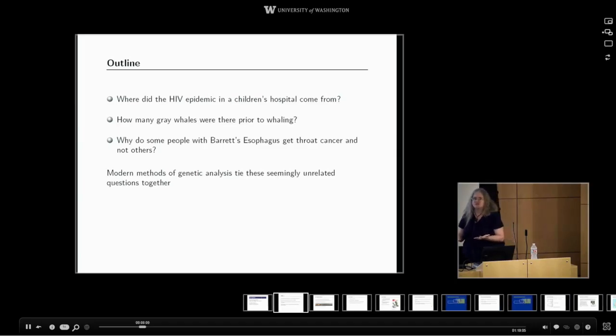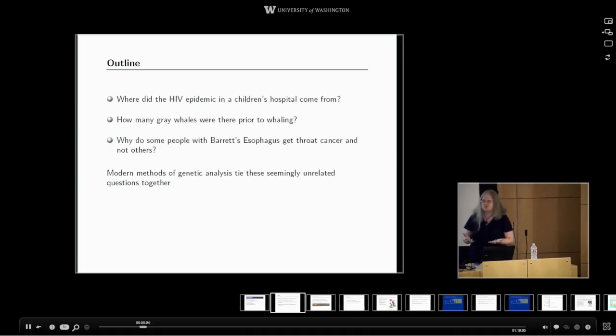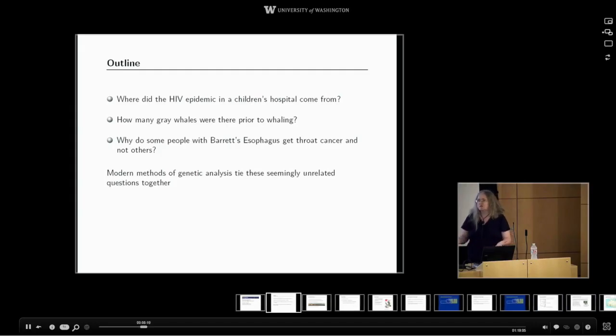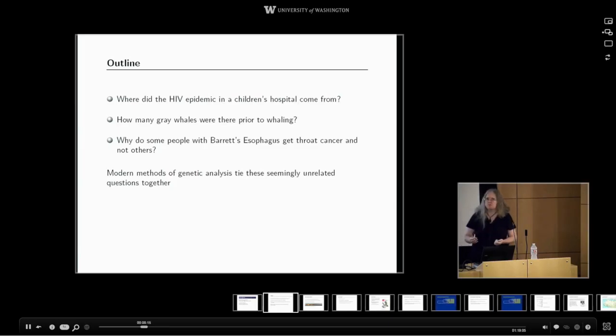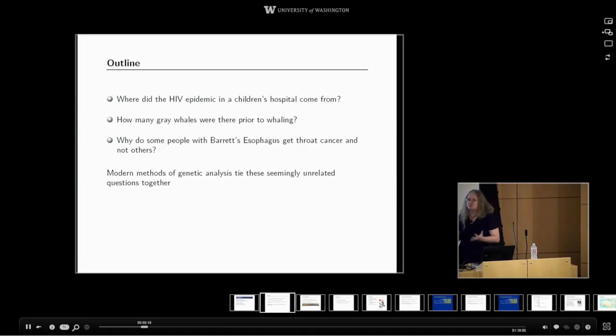The tools that we're using to examine them are surprisingly similar, even though the questions at first glance seem really diverse. The talk falls into three parts. If I say something that doesn't make sense, please interrupt me with questions whenever you need to. If you want to ask more general questions about the topic, there's a question slide at the end of each of the three parts. So let's save the general questions for the end of each section.